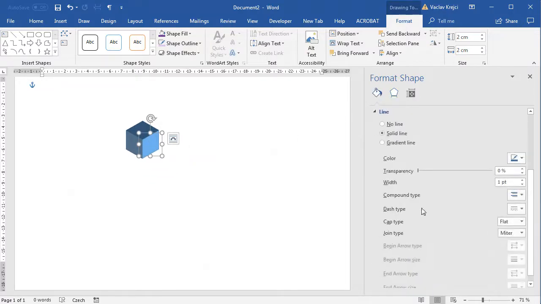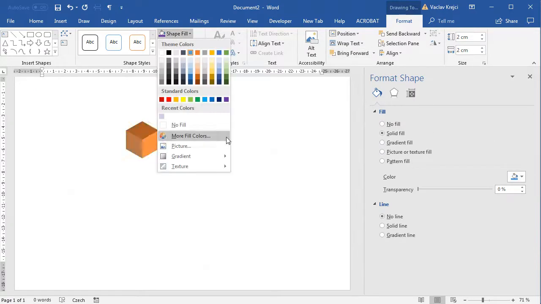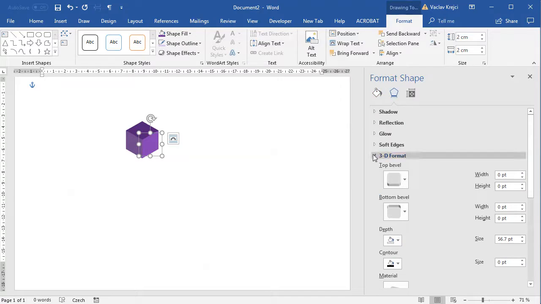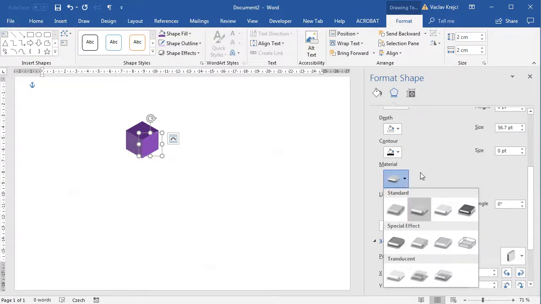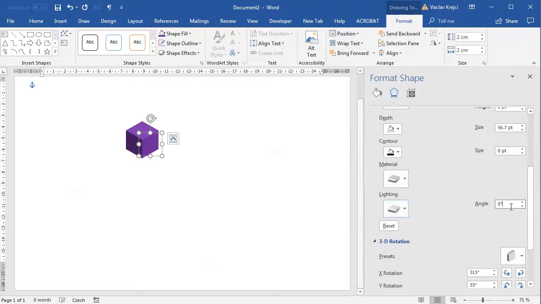The next step will be changing the line and the fill. I guess I don't need any line, so I'll select no line for the line, and for the fill I may go with the default purple one. And the next step is to just play with the material and lighting settings, and it's really just trial and error. I will probably stick with the default material, but I will change lighting maybe to this balanced one, and I'm looking for some